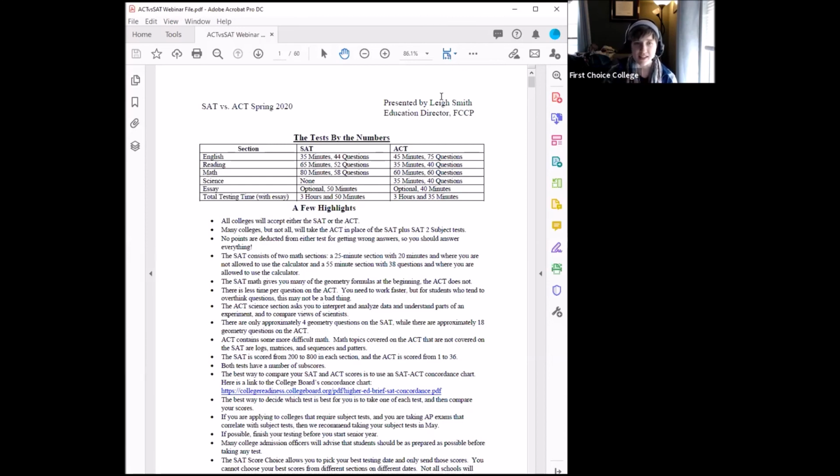That's one of the biggest things that honestly gets a lot of my students with the math section: that initial "oh my gosh, I have to do math without a calculator." When talking to students about taking the SAT, I think the non-calculator math section is actually one of the easiest to improve your score on, because all it takes is learning how to do math without a calculator. That's not an advanced math skill, because we're not talking about doing logarithms without a calculator. We're talking about multiplication tables, working with fractions, stuff that's more elementary school to middle school math that they haven't had to do in a really long time.